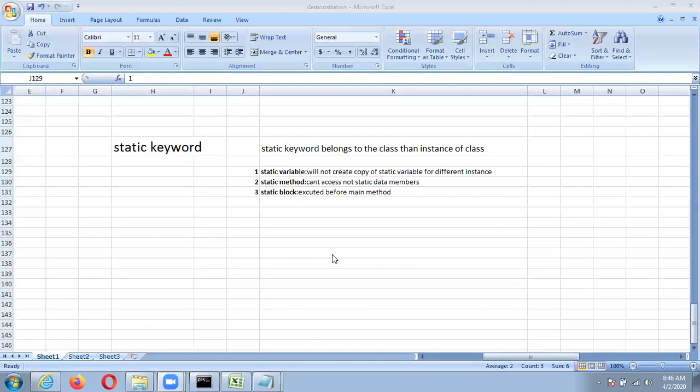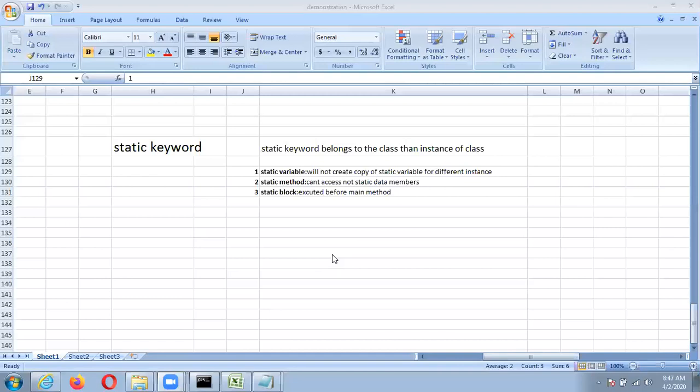So we'll see static variable first. Static variables can be used to refer to a common property of all objects. What does it mean? It gets memory only once in the class area at the time of class loading.